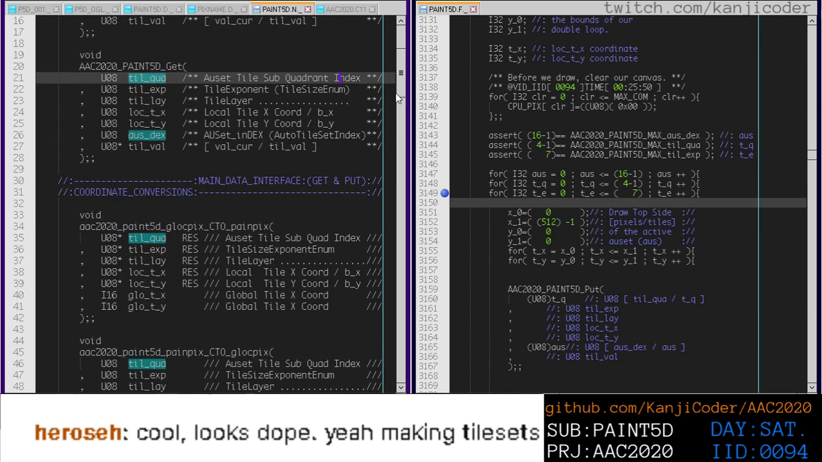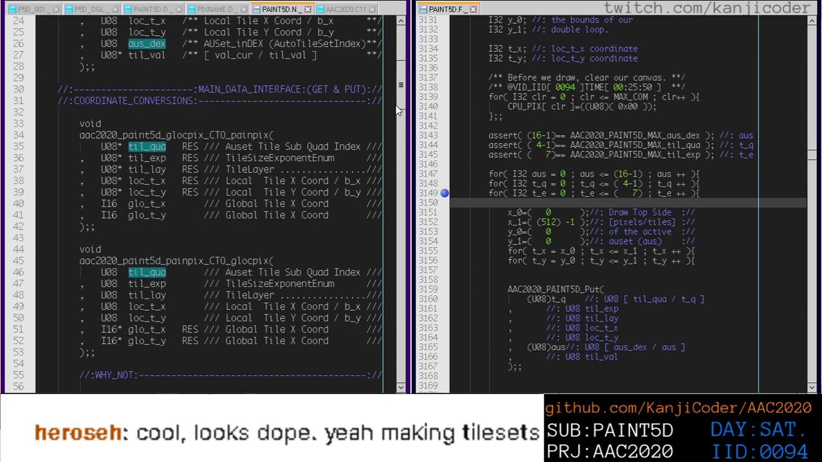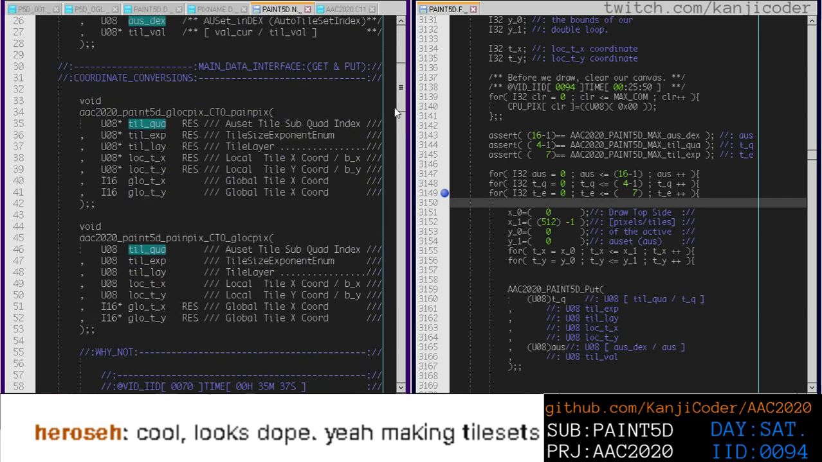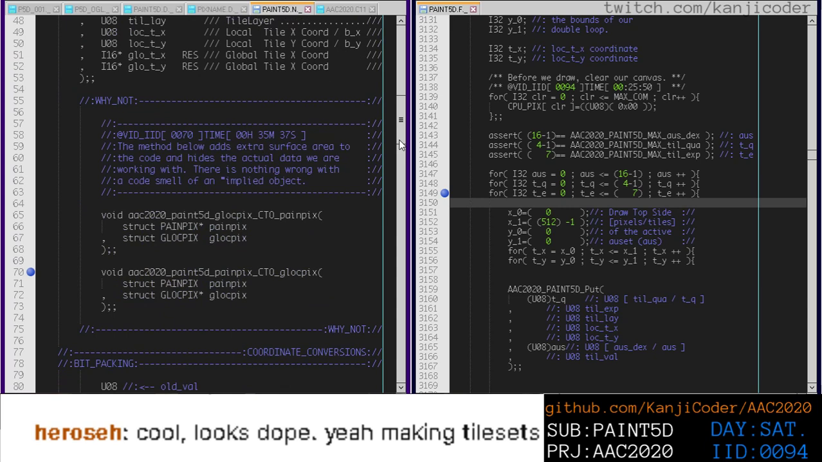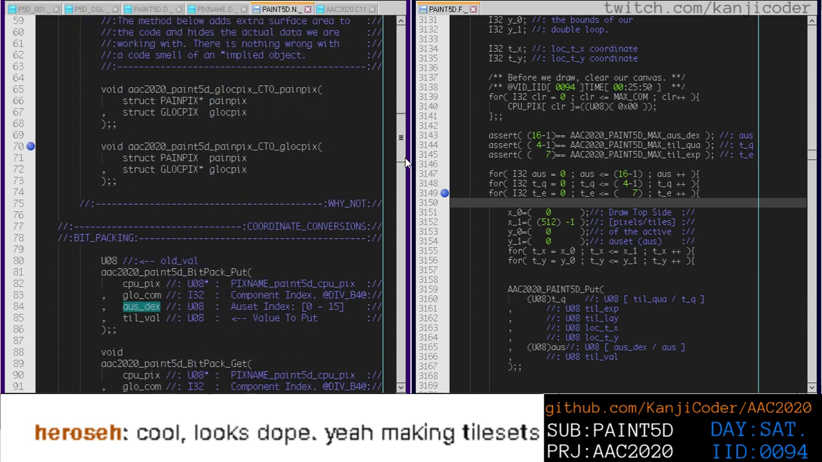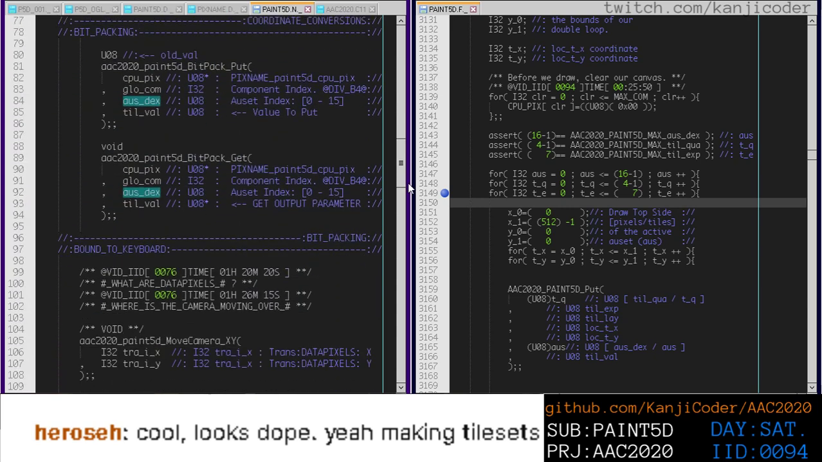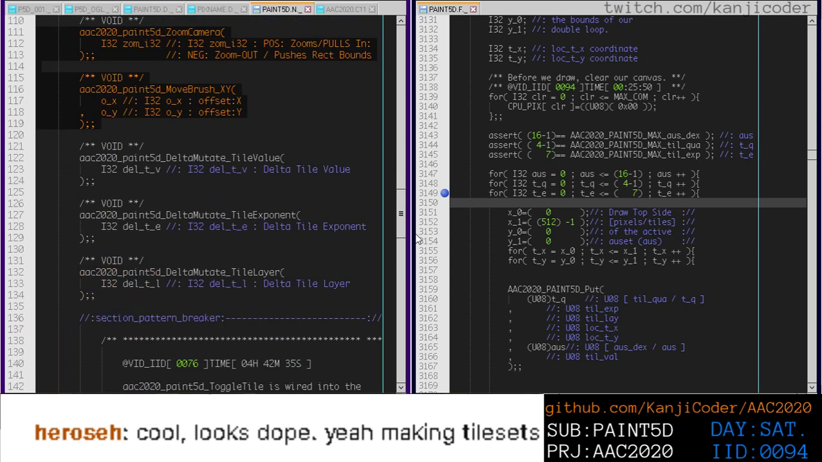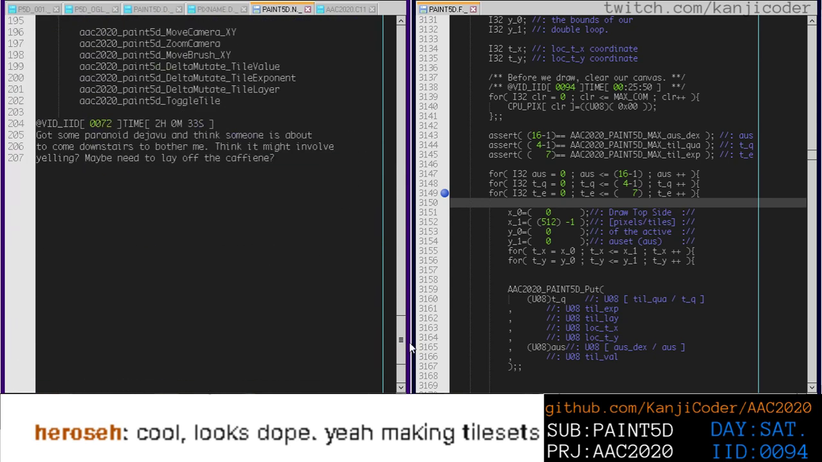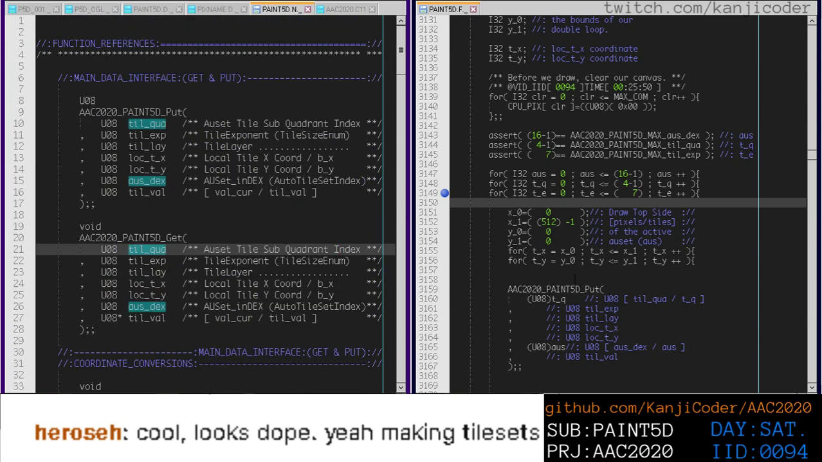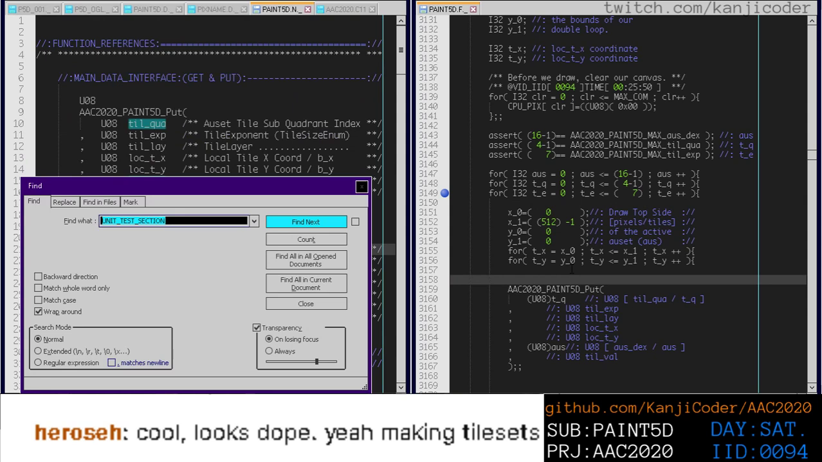So we've got Glock picks to pane picks to Glock picks. These are coordinate conversions. Bit packing, bitpack put, bitpack get. We have some camera controls. So it looks like it's not in here, so we're going to find it. It's called max